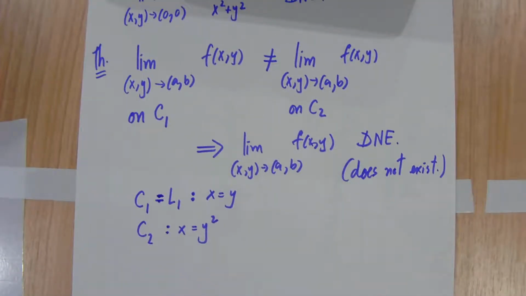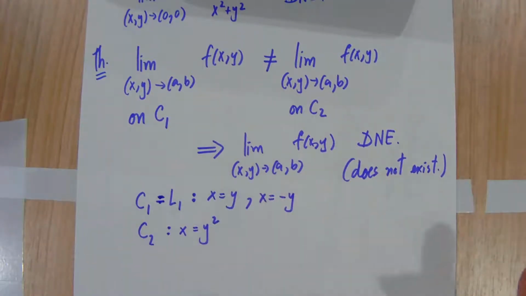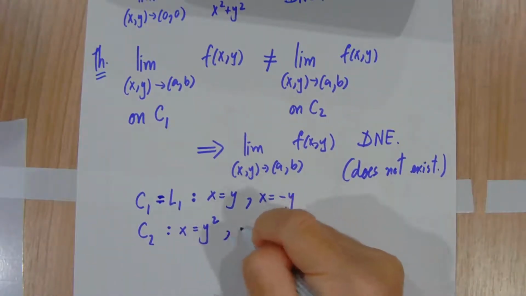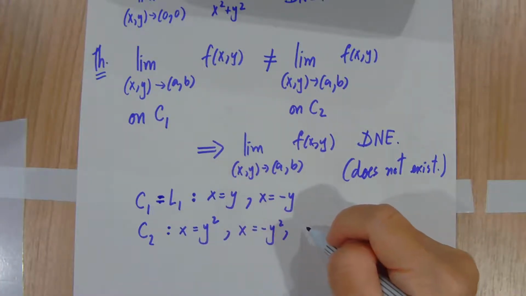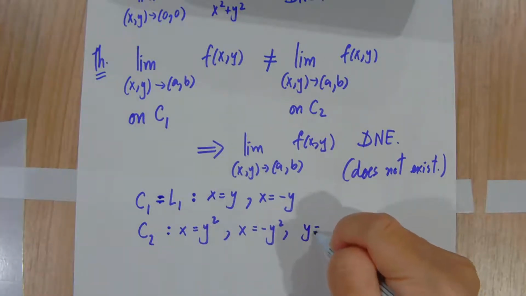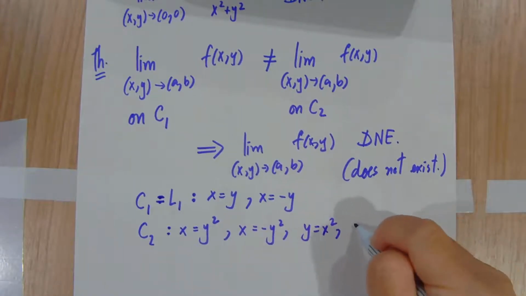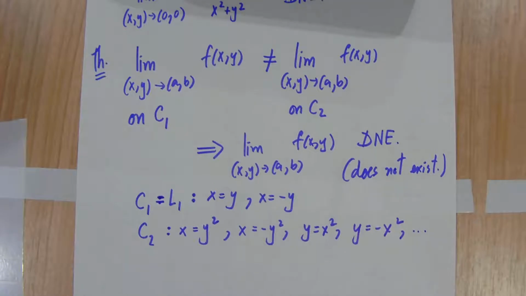Or you can find the negative, or the parabola on the left, on the right, or above or below, like y equals x squared, or y equals negative x squared, for example, and so on, maybe like x cubed or a polynomial, okay? Okay, so let's see